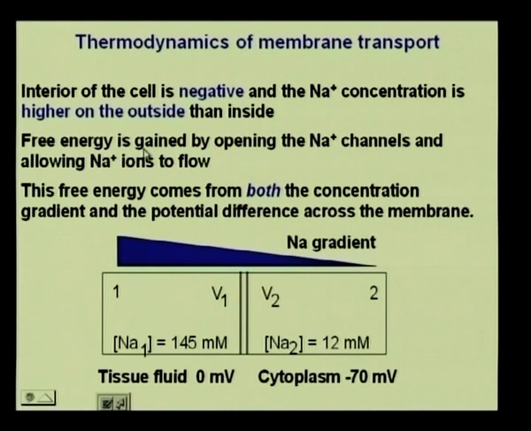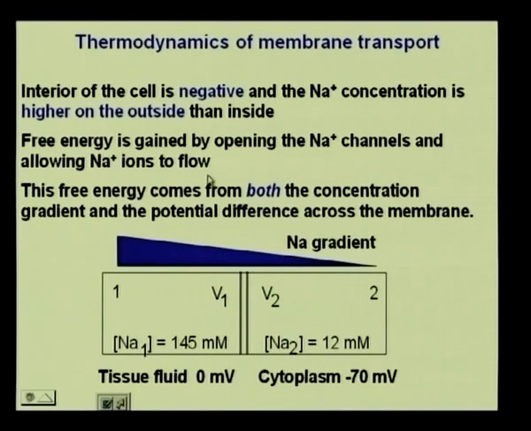The free energy is gained by opening the sodium channels and allowing the sodium ions to flow. Why? Because your concentration on the other side is low. If you are going from a high concentration to a low concentration, then that is favorable, right? We calculated that the delta mu is going to be negative for such a case, because the ln is going to be negative, right. So we gain free energy by opening the sodium channels and allowing the sodium ions to flow,